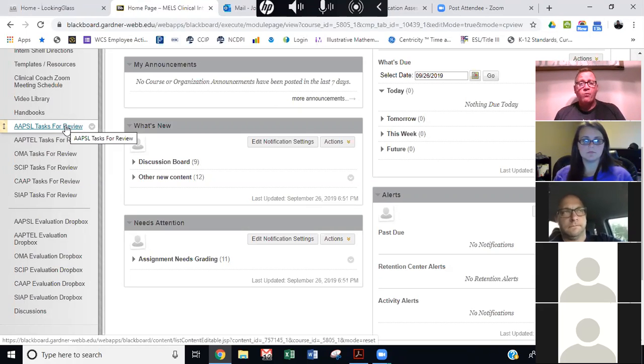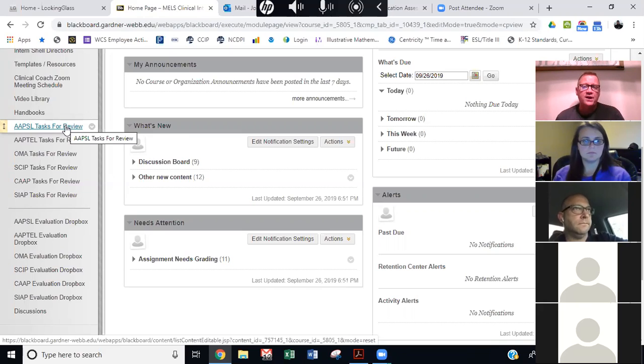And please remember, I know there's several drafts of each task. Keep up with which task draft is which, because I've had candidates that will do a round of revisions, we'll get it to the final draft, and then when they upload it to the evaluation Dropbox, they accidentally upload the rough draft or the second draft. And I'm like, what happened? I thought we had all this situated. So whatever you use to save these documents, make sure you've got a good system so you know this is the final draft.